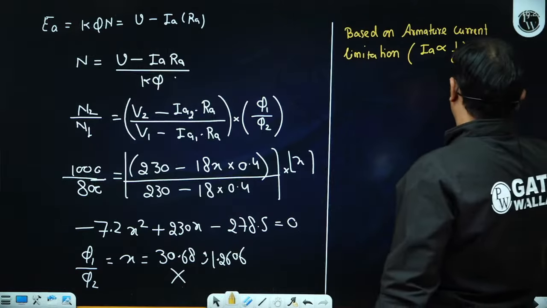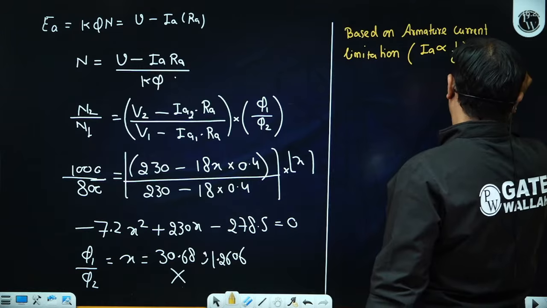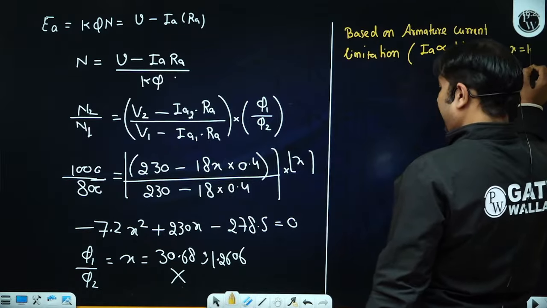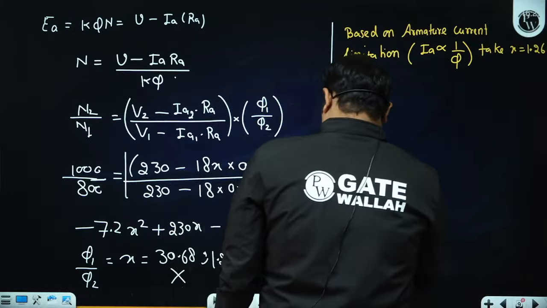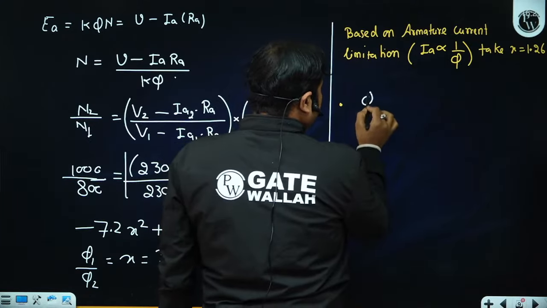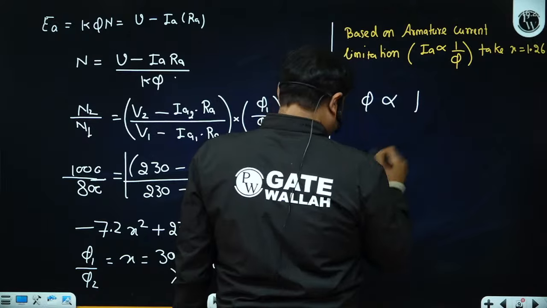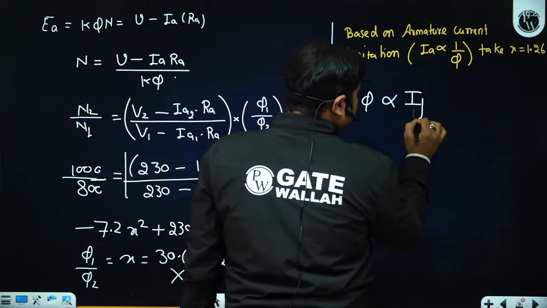Okay, so take x as 1.26. So if we choose x as 1.26 now, for flux to be proportional to field current, as the magnetization curve is linear,